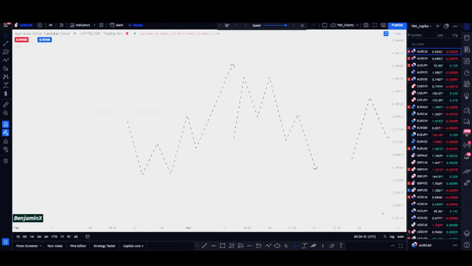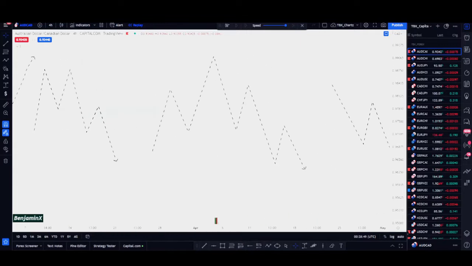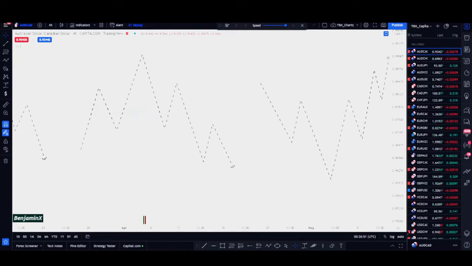So in part 2, we're going to be talking about using the double bottoms and double tops as a reversal pattern. In part 3, we're going to be talking about using the head and shoulders as a continuation, and in part 4 we're going to be talking about using the head and shoulders as a reversal pattern. I'm doing it like this because I don't want the video to get too long, so I don't want to talk about every single thing in the same video. So now let's jump into